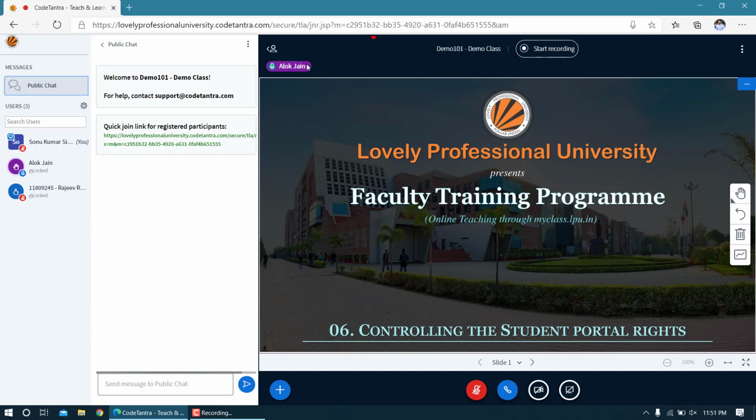You got the idea? So there are two ways to mute this particular user. If you, as a faculty, are finding it difficult to explain to this student to mute his mic, then you can simply click on the name of this user and he will be muted. And if there are 10 such students, you can click on the name of each of these students and all of them will be muted. And the same will be reflected here as well.